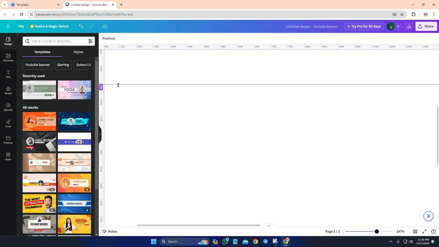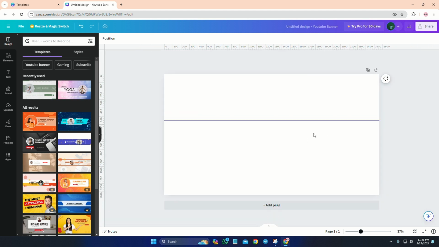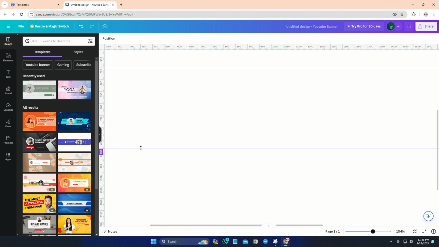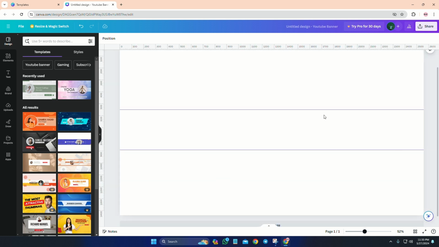Okay, 551. That's great. Now you have to pull another. The value will be 889. Okay, that's great. So this is the area that will be visible to desktop computers,